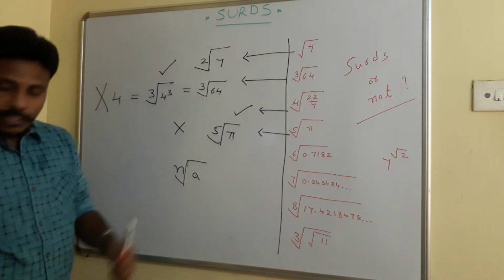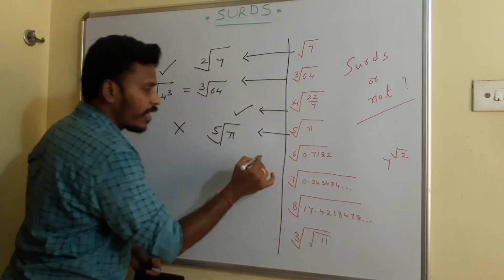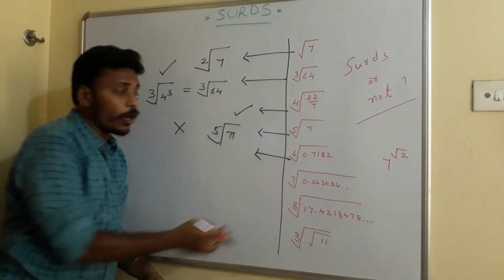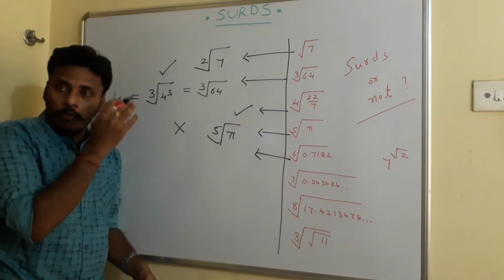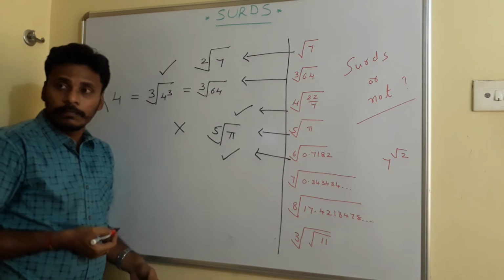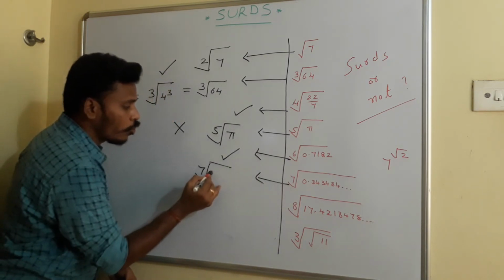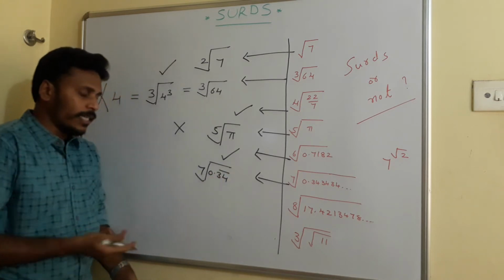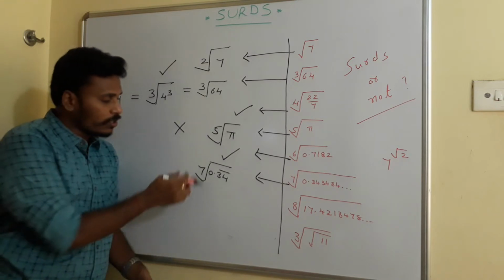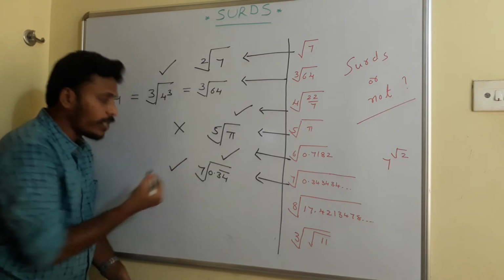Then coming for sixth root of 0.7182, n is natural, whereas the a under the root is given as 0.7182, clearly a rational number because it is a terminating decimal. So the root of that value is a surd because we don't have any specific result for that. Whereas coming for this seventh root of, see what it is given, seventh root of 0.343434 like that. This is a repeating decimal. Repeating decimal is a rational number. So seventh root of a rational number, the result is not a rational, so it is also a surd.